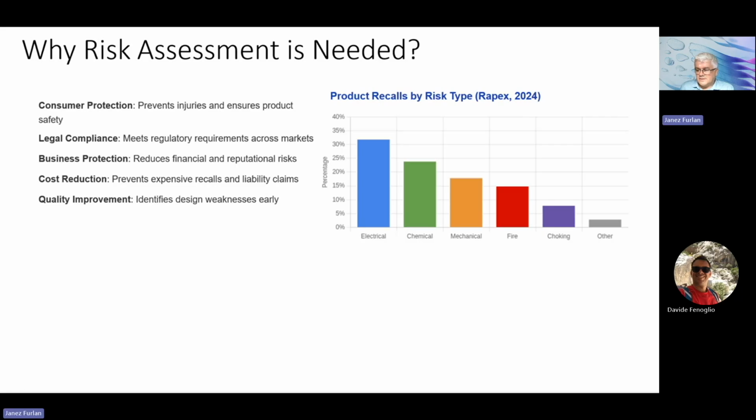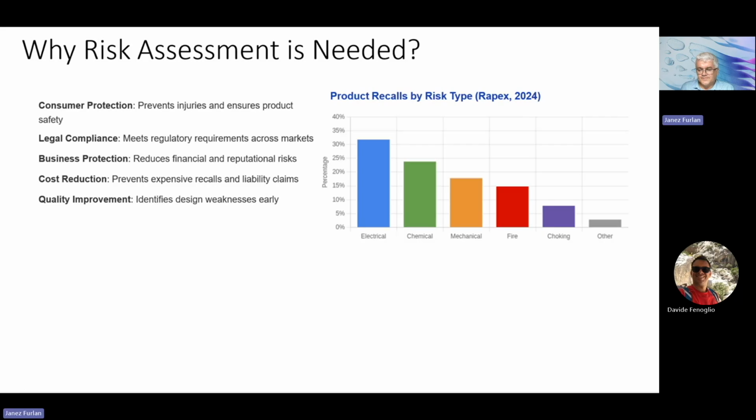The number is significantly rising. We have seen a great increase over the last few years because of the efforts of the authorities to tackle the dangerous products. And this is one of the reasons that risk assessment should be done well ahead in the design phase, as we will see,